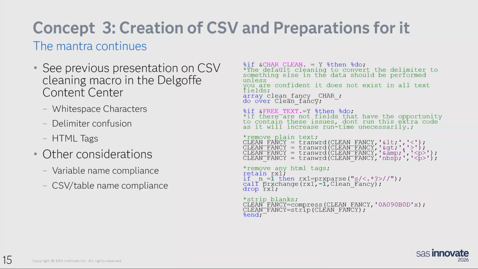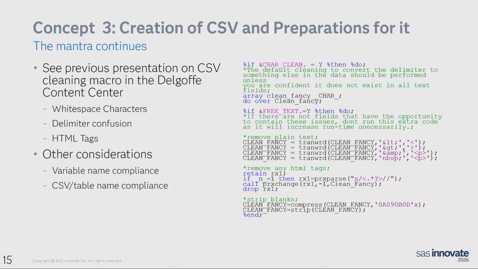Once you know how your data will look in SAS, you may think it's good to go to AWS, but in the midst of getting to AWS, a secret CSV is created, and it might totally mess up your plans. This is a downside of the do-it-yourself method, but technically it's not novel to the process, as the bulk load options do this too. In our case, we do not need a lot of things that put a spanner in the upload, so we remove them before the CSV creation. While not shown on the slide, we also take care to make sure that all naming for variables, tables, and files are compliant with both SAS and AWS, or at least agreed upon.